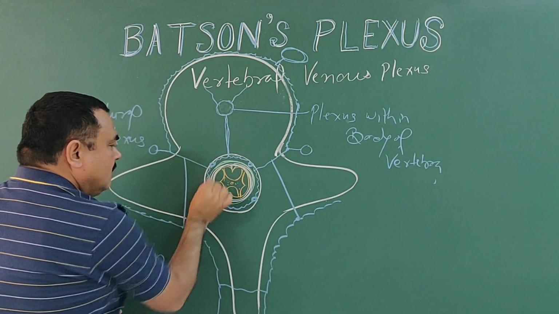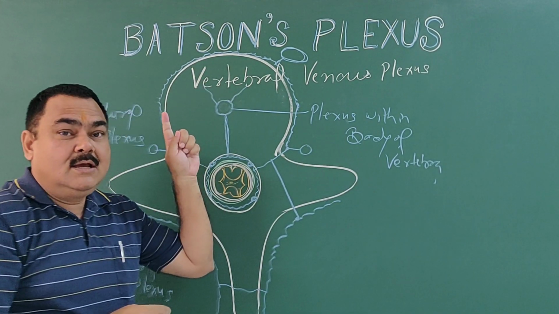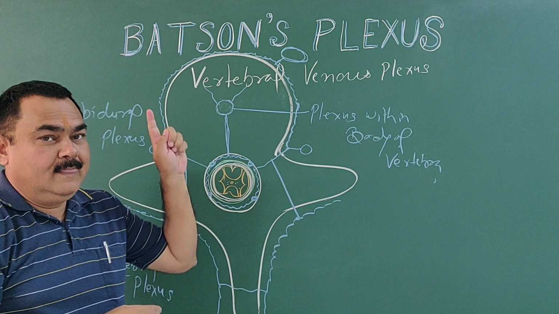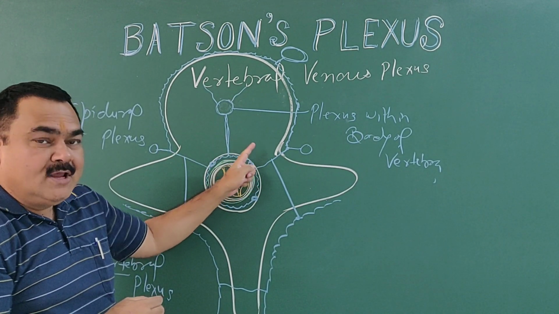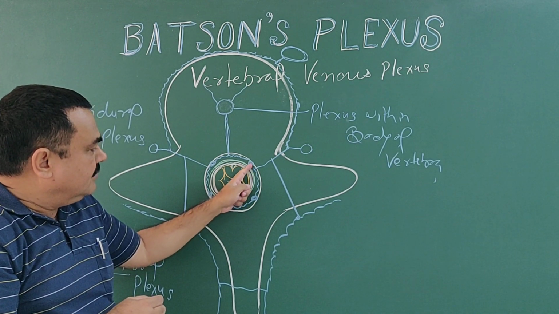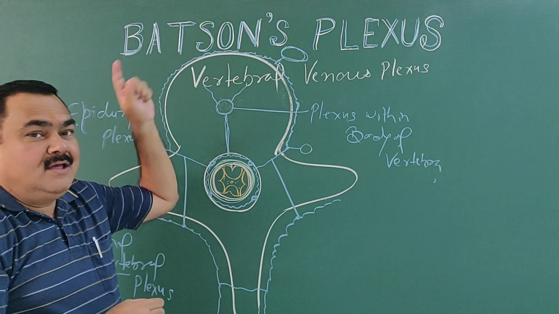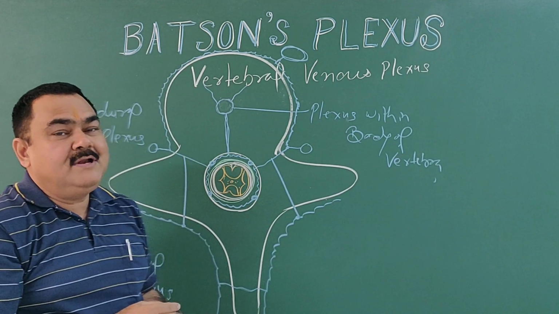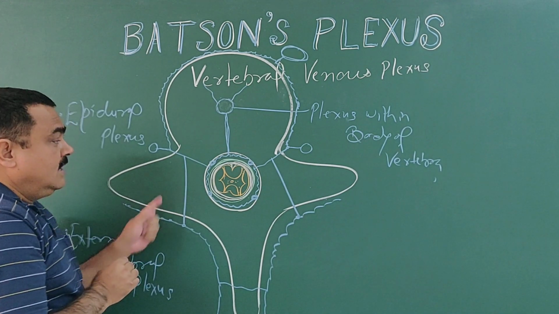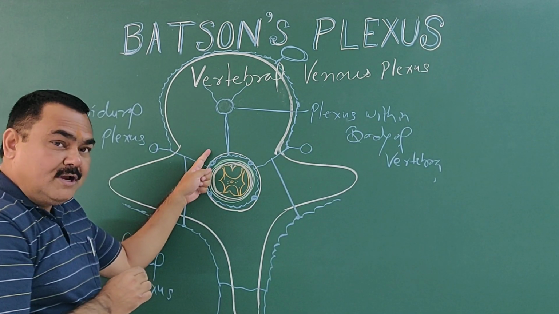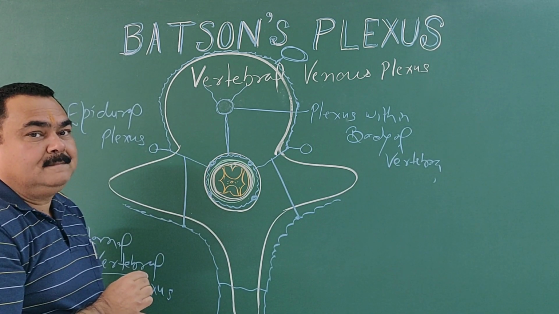These plexuses are vertically connected, and vertically extend up to the cranial cavity. So secondaries initially reach here. From here, due to this vertical chain, they reach into the cranial cavity and skull. So carcinoma of the prostate may extend into the vertebra, and from the vertebra it may extend into the skull.